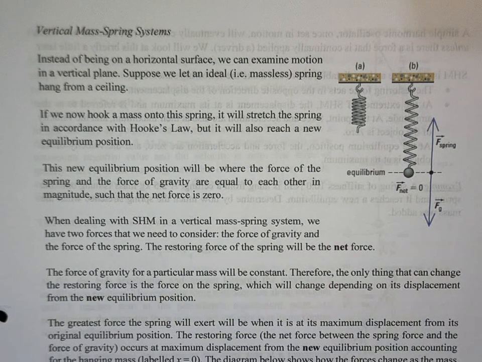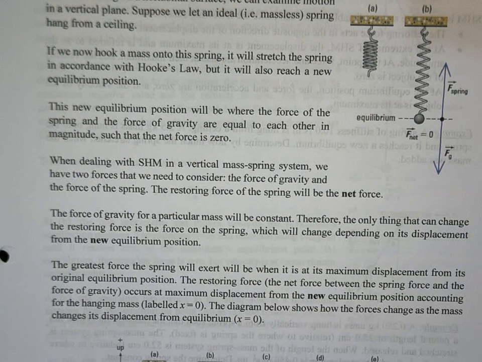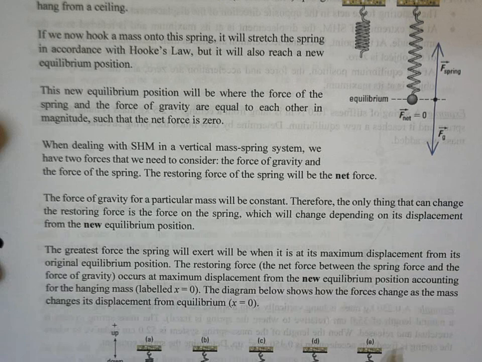Now, what we want to do here is look at how this works in the context of simple harmonic motion. So the thing is, Hooke's law is still going to be valid in this situation. The only thing we have to be careful with is looking at the whole net force. So when we're dealing with a mass-spring system in the vertical plane, the forces we've got to look at are Fg and the force of the spring, but the force of gravity is going to be